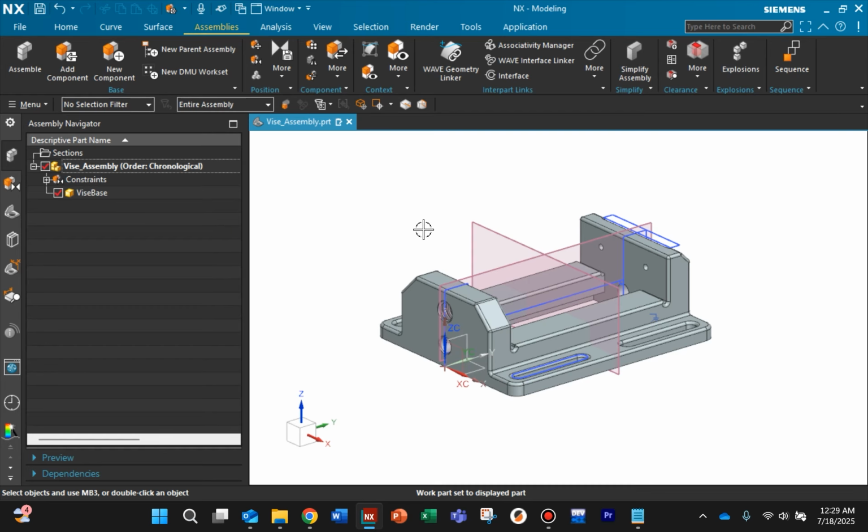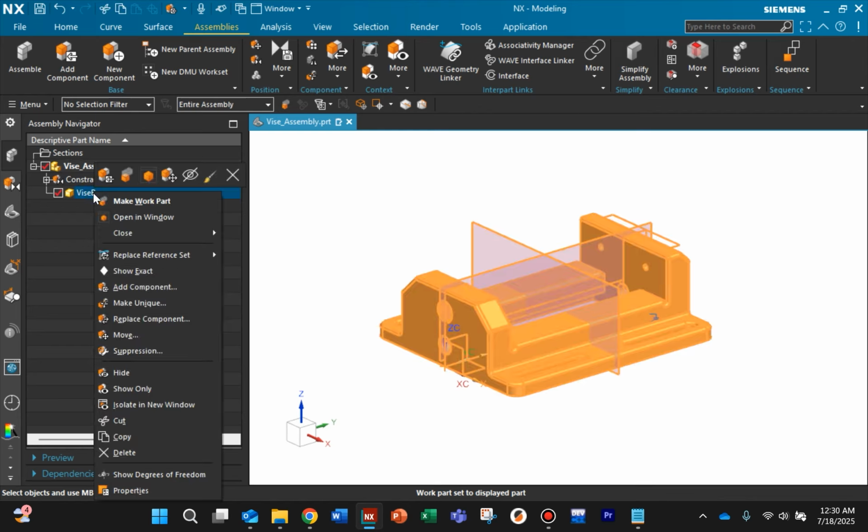I mentioned earlier how this part was loaded with all of the geometry and sketches and everything else, which can look kind of messy if we don't need it. This is the reference set. When we add in the next component, we'll look at how to change that, but we can change it after it's been added. That's fine. So if I right-click on the Vise base file in the assembly navigator,